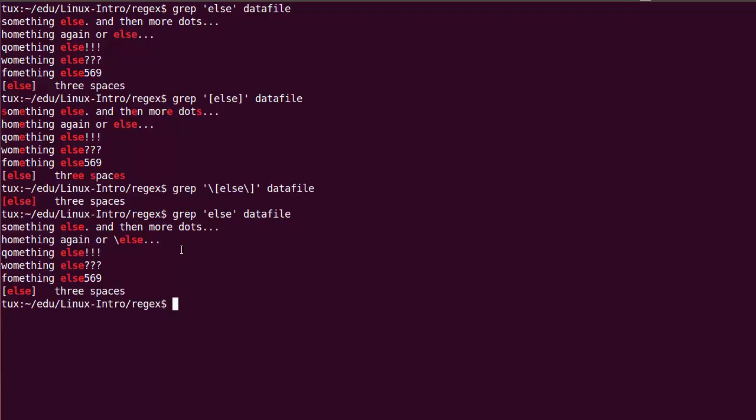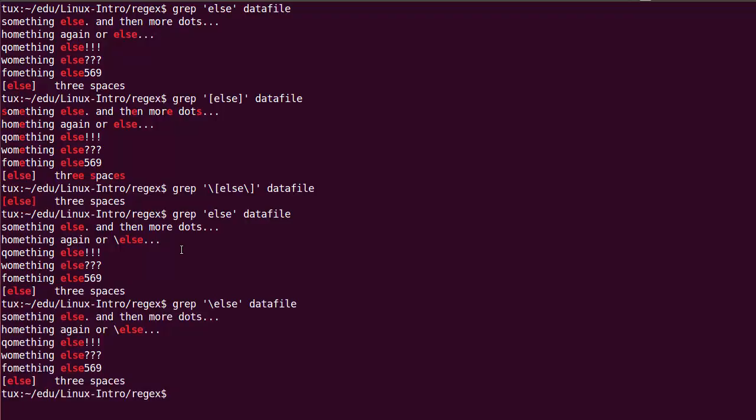I do not match the backslash. Okay, now I want to match the backslash. Well, if I put one backslash, here's what's happening. Nothing really. Still, it's the same match. Okay, why? Because backslash e means actually backslash is a special character, and it means neutralize any potential special meaning